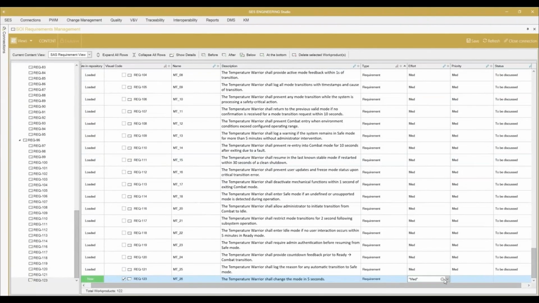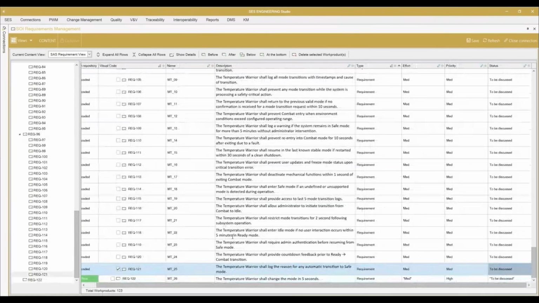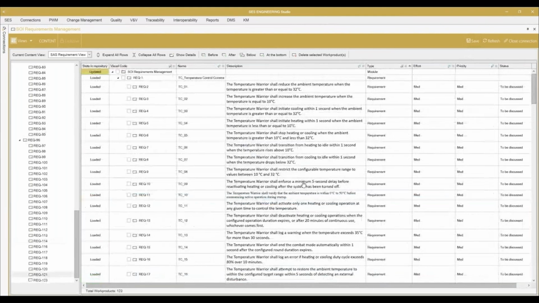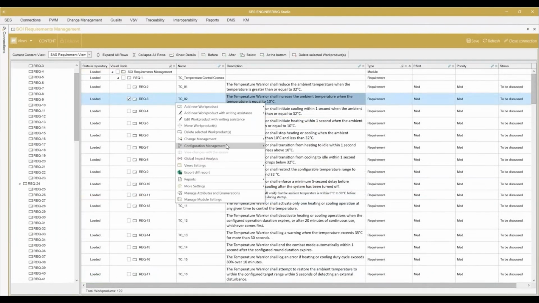Change the attributes. And also delete a requirement. Once saved, I'll be doing